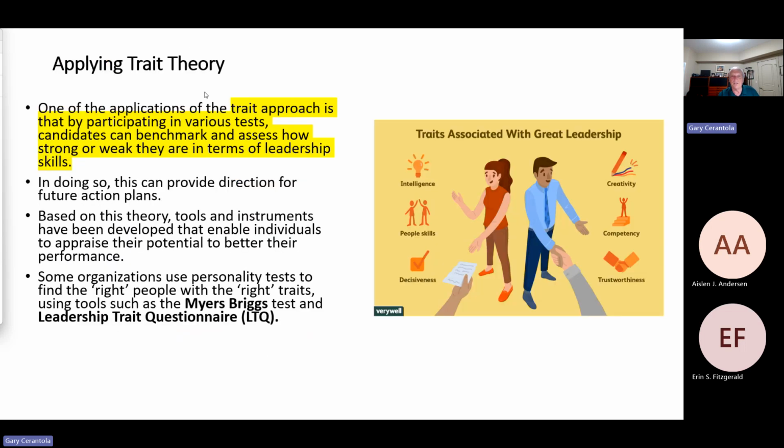Applying trait theory, trait approaches, by participating in various tests, you can see if you have some of these traits. If that works for you, you exercise those traits that you think could work for you in the culture that you're working in. Some organizations use personality tests to find the right people, the right traits, using tools such as the Myers-Briggs test and the leadership trait questionnaire. I'm a big proponent of Myers-Briggs. When I was at TELUS, Myers-Briggs was a big deal there. They had a group of specialists in HR that specialized in facilitating Myers-Briggs